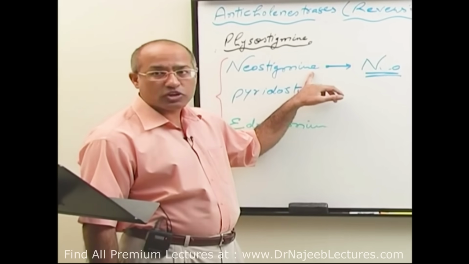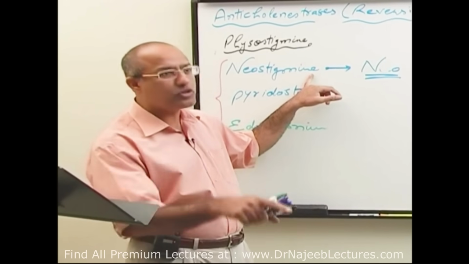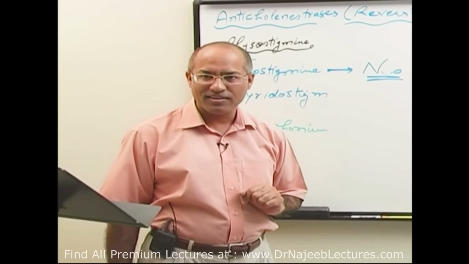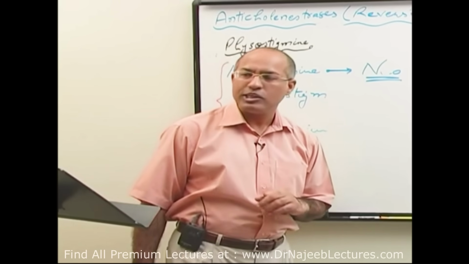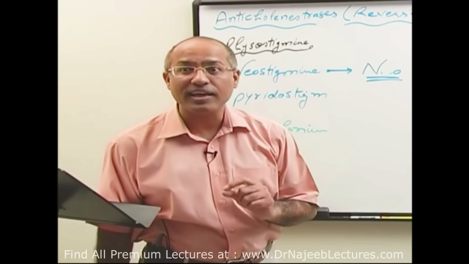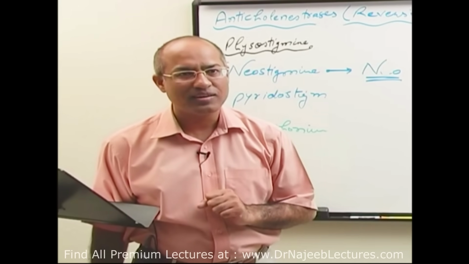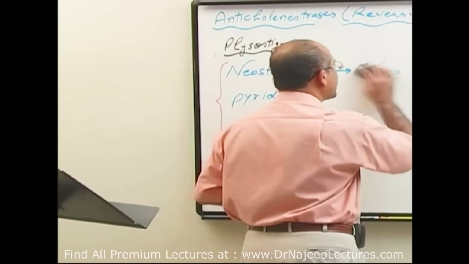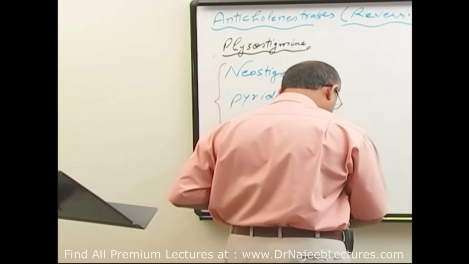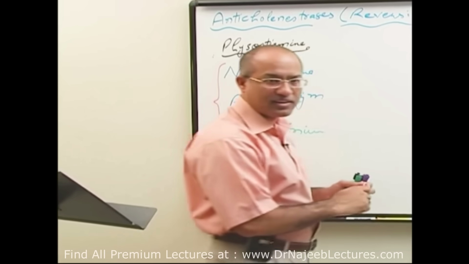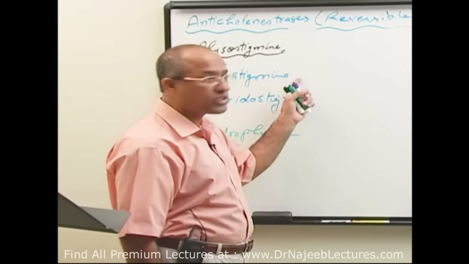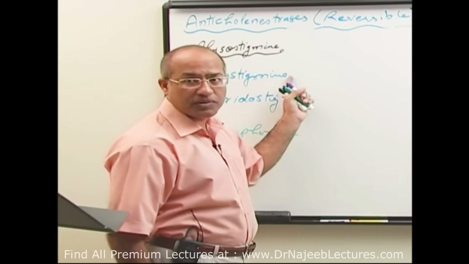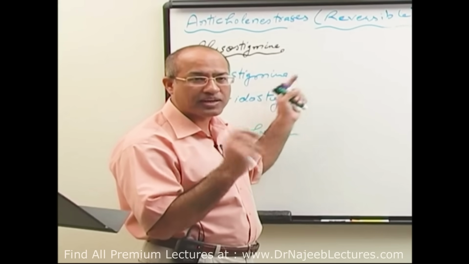the best action of neostigmine is at the neuromuscular junction. And at the neuromuscular junction, action of neostigmine is even better than physostigmine. Why? The recent research is telling us neostigmine also works directly on the nicotinic muscular cholinergic receptors. So it means that in case of neuromuscular junction, not only will acetylcholinesterase be inhibited and acetylcholine concentration increased, but neostigmine can directly stimulate the cholinergic receptor at the neuromuscular junction.